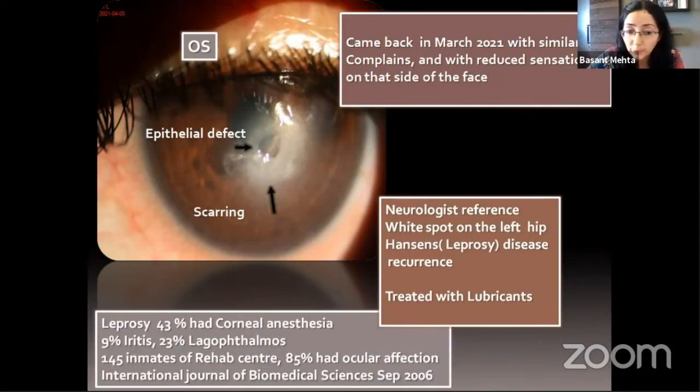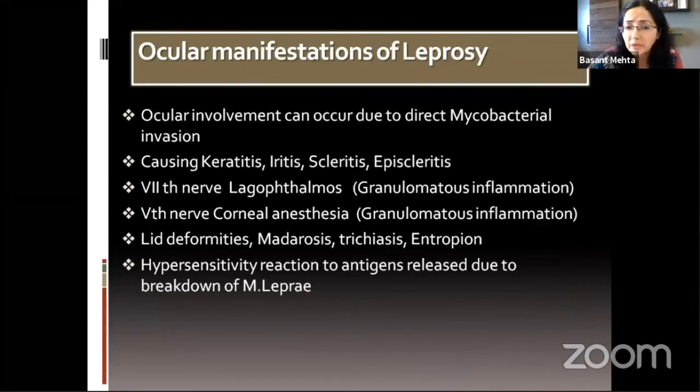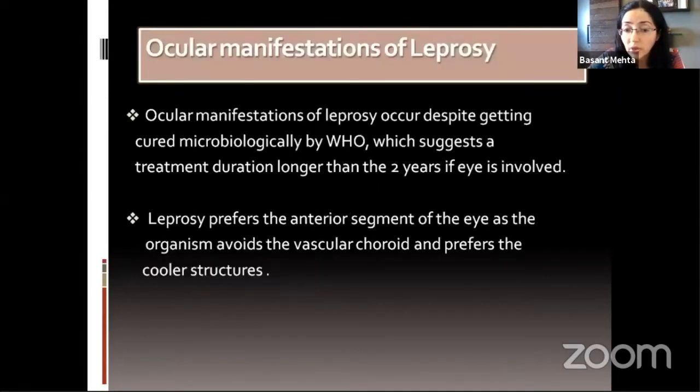Then I went and looked up this report, which showed that in leprosy, 43% of the patients can present with corneal anesthesia. Ocular involvement in leprosy can be due to direct mycobacterial invasion, causing keratitis, iritis, scleritis, episcleritis. It can affect the 7th nerve, causing lag ophthalmos, 5th nerve, causing corneal anesthesia, can lead to lid deformities like madarosis, trichiasis, entropion, and there could be affection also due to hypersensitivity reaction to the M. leprae